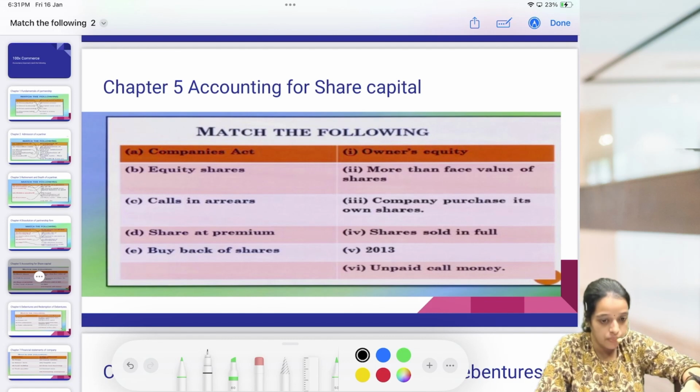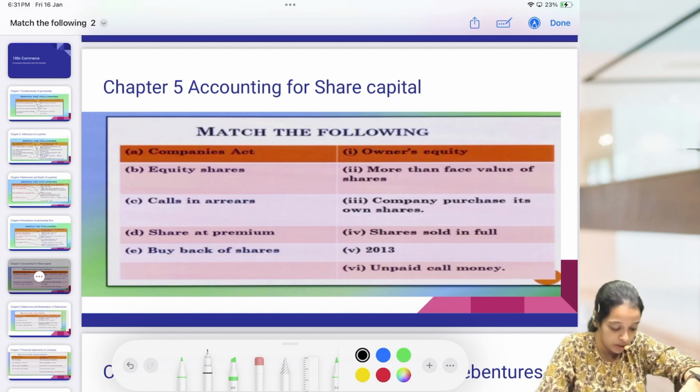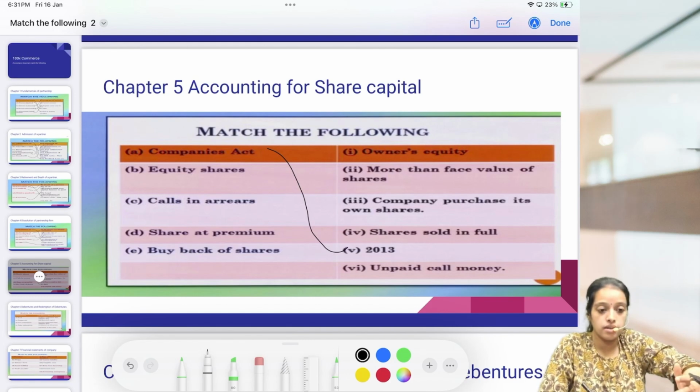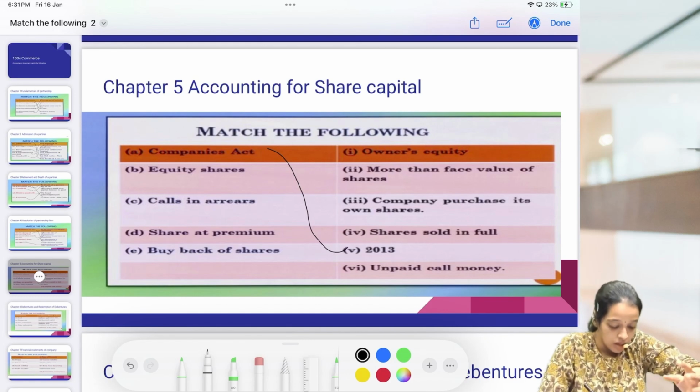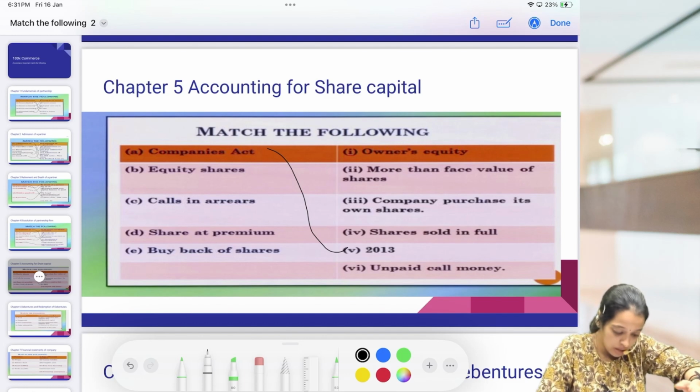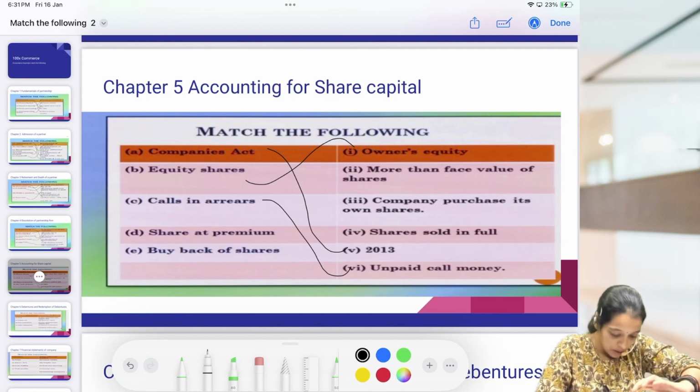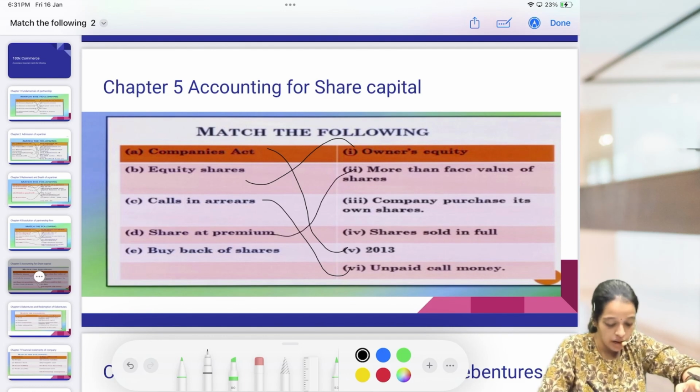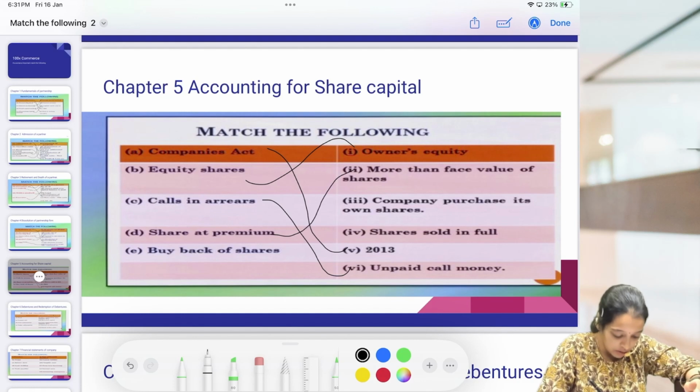So from this chapter, let's see which all are the important ones. Companies Act. Companies Act was revised in the year 2013. Equity shares we have. Equity shares are nothing but owner's equity. Calls in arrears. Calls in arrears is unpaid call money. Share at